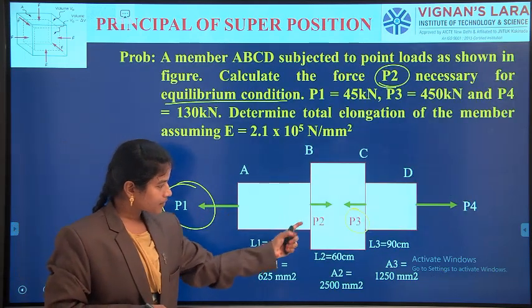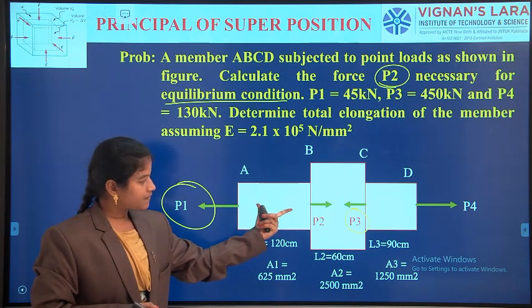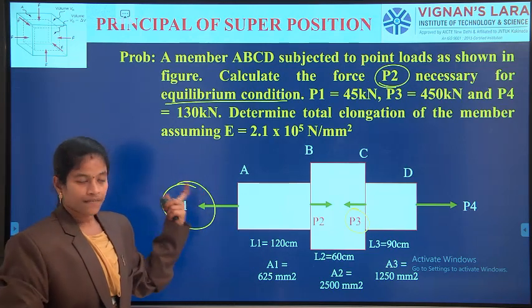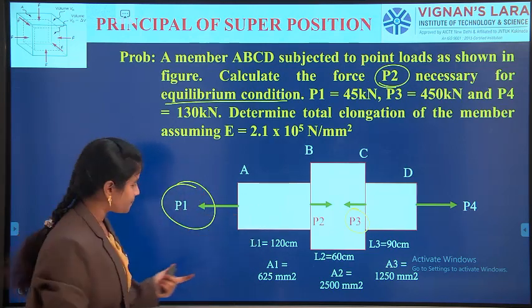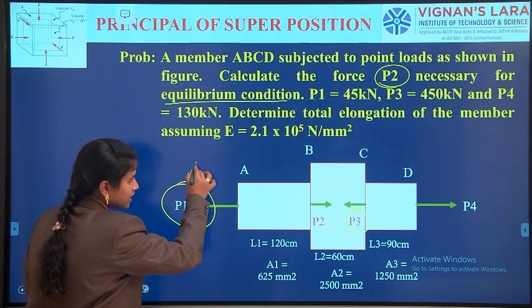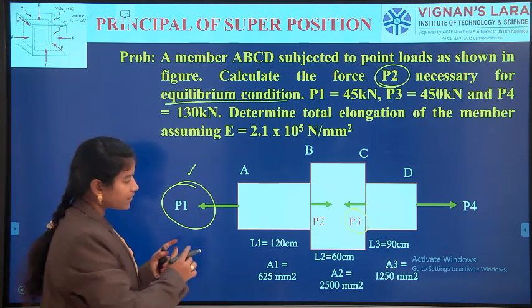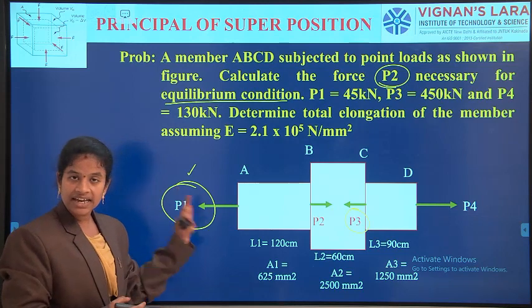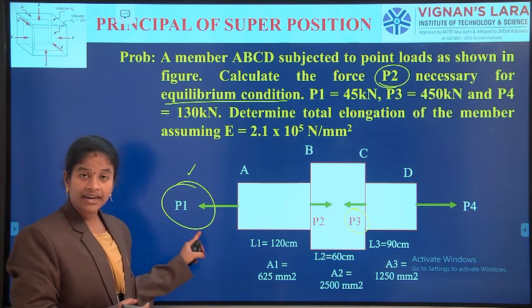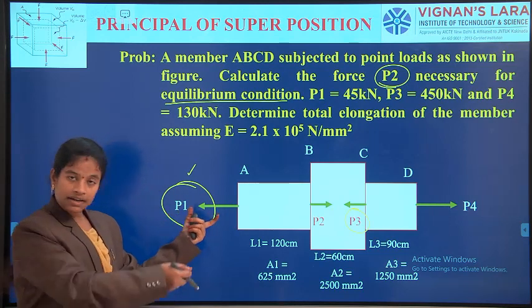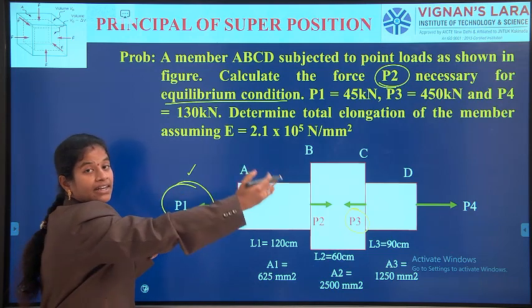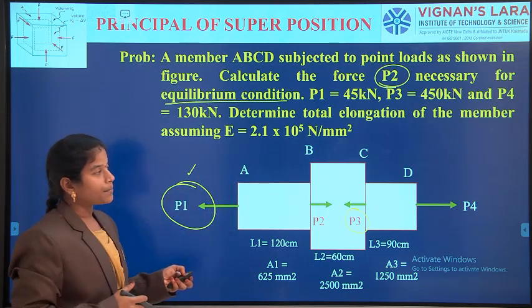See here, this is the AB body. Firstly I am taking it out. When we are taking it out, the value P1 is here, that same P1 value, because it is not having any connection. So this is the final end, the value P1 will be simply acting on the right side of AB.